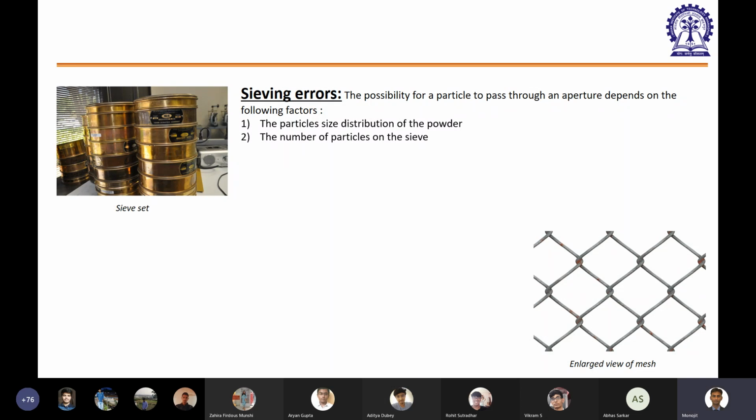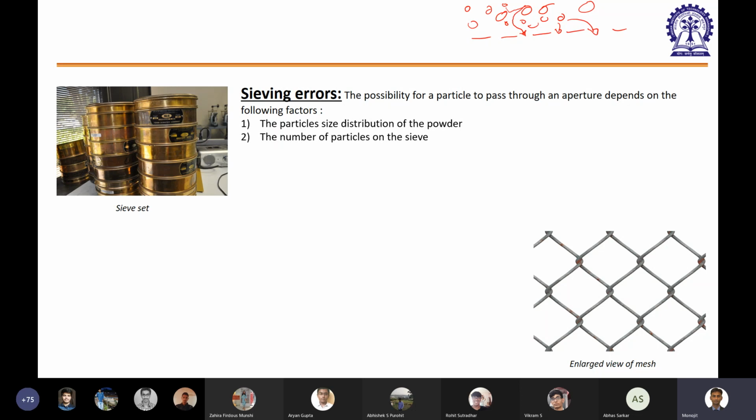Is it clear? Suppose you have this screen, right? You have huge particles and some small particles. So these particles are supposed to pass through this screen. Now suppose this particle is here and it has to pass through all these things and reach here. And you are completely shaking the entire assembly. So there can be a case where the particle may not get a chance to reach the bottom. Yes, and this probability will increase if you keep on increasing the load.